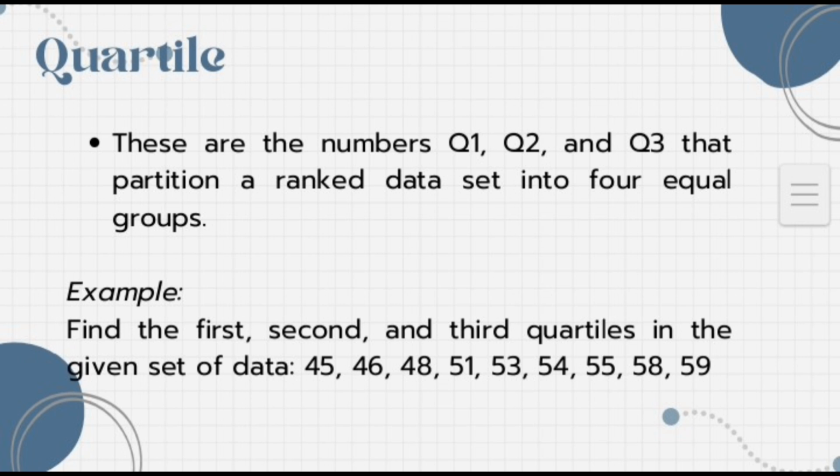Quartiles, these are the numbers quartile 1, quartile 2, and quartile 3 that partition a ranked dataset into 4 equal groups. Here's an example of a quartile. Find the first, second, and third quartiles in the given set of data. We have 45, 46, 48, 51, 53, 54,